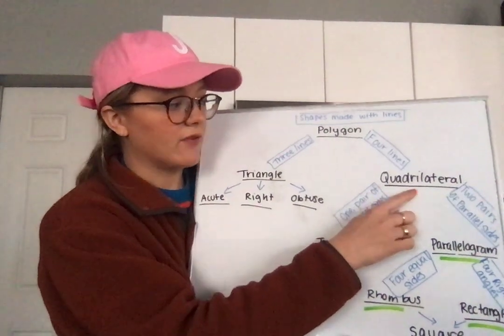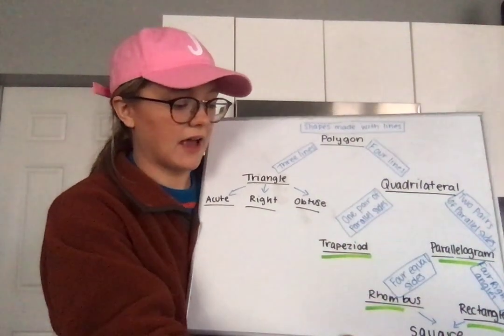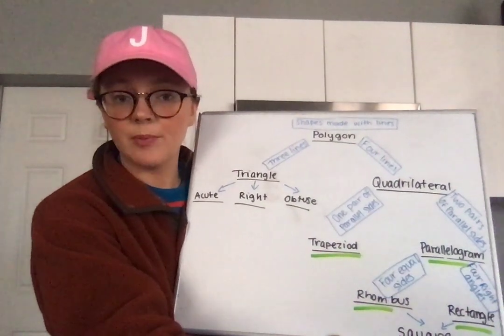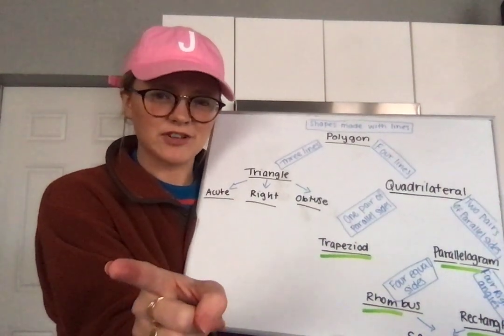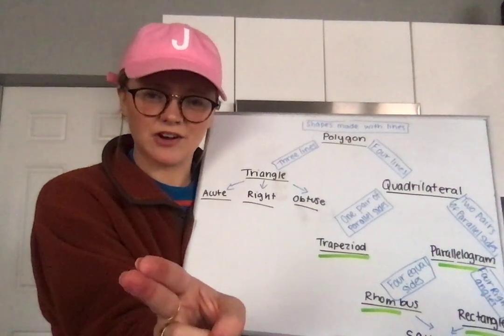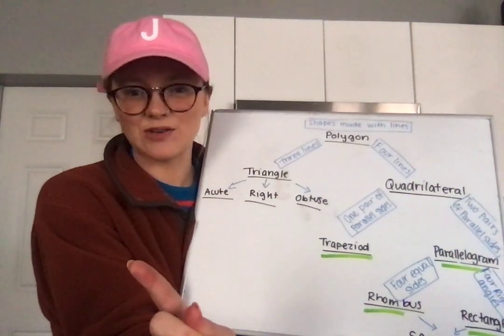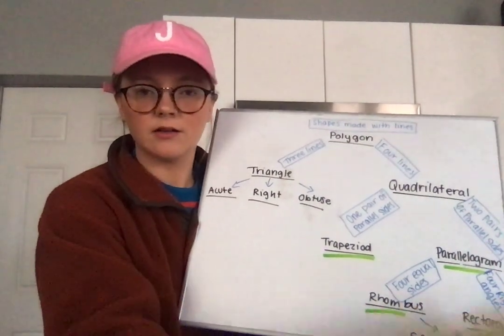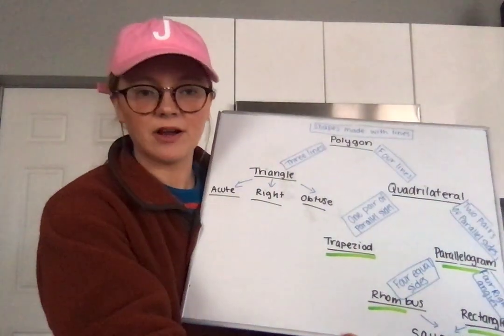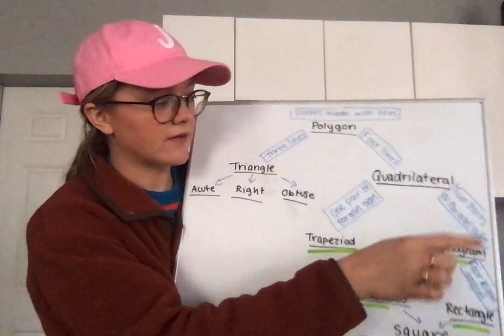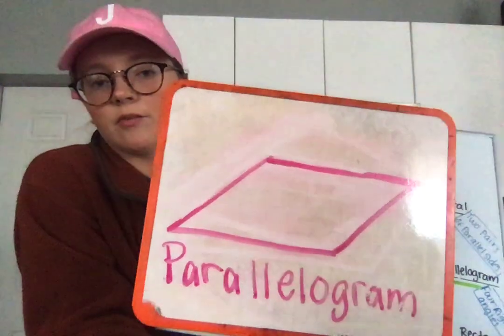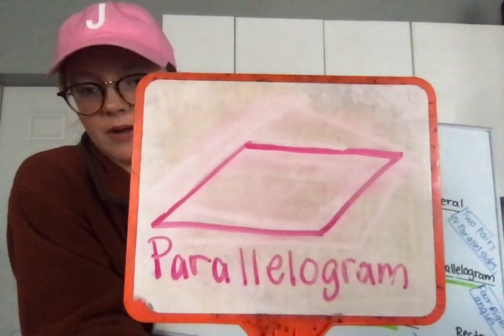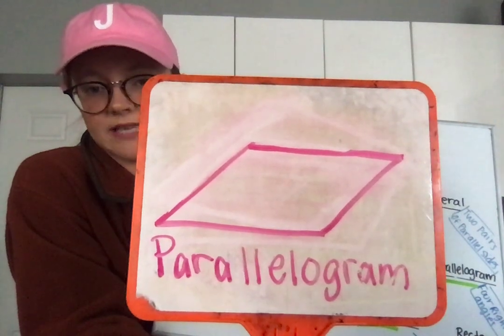If it were to have 2 sets of parallel lines, we would call it a parallelogram. Say trapezoid. Sorry, I should have had you do that. Say parallelogram. I want to make sure you're practicing pronouncing those words. Trapezoid. And now we're talking about parallelograms. Parallelograms have 2 pairs of parallel lines. So if we look here, the top and the bottom are parallel to each other, and both sides are also